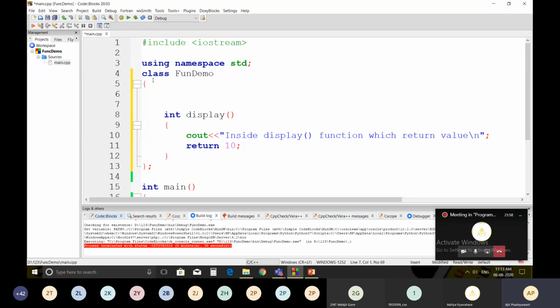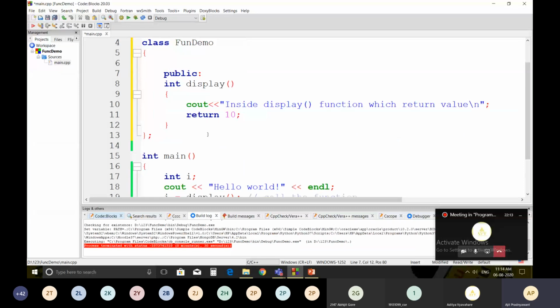So this is my class function demo. And then inside that I have the function display, and I'm going to write it in public so that it is accessible inside the main. So now this display function is present in the class function demo.